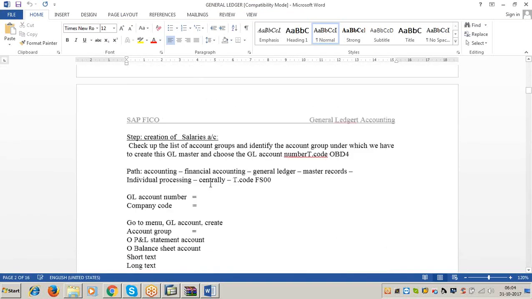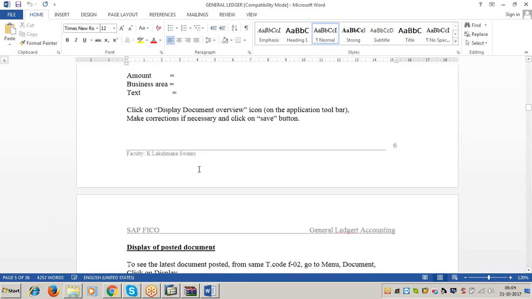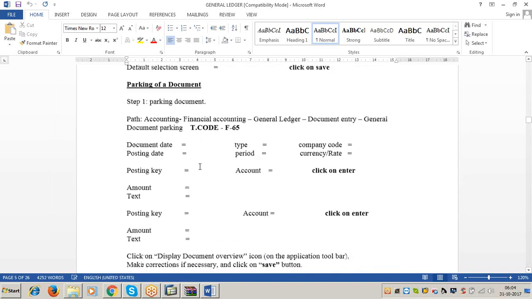Today we have to start conversion of foreign currency business transactions into company code local currency.